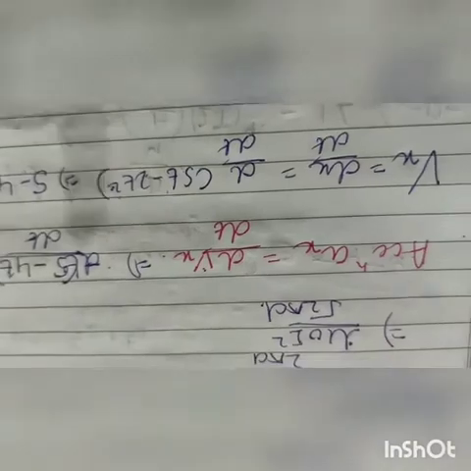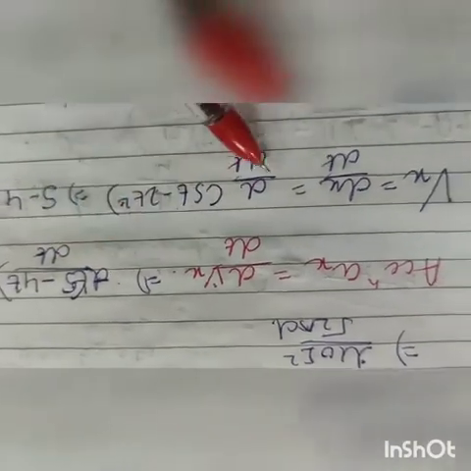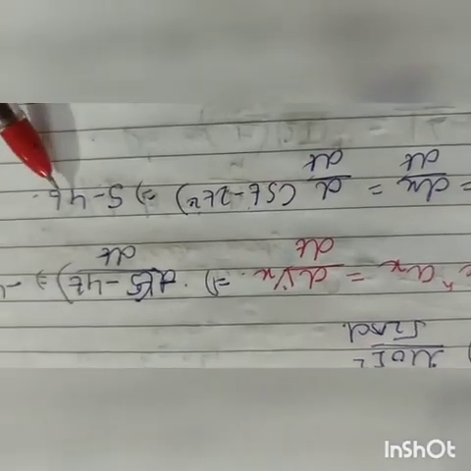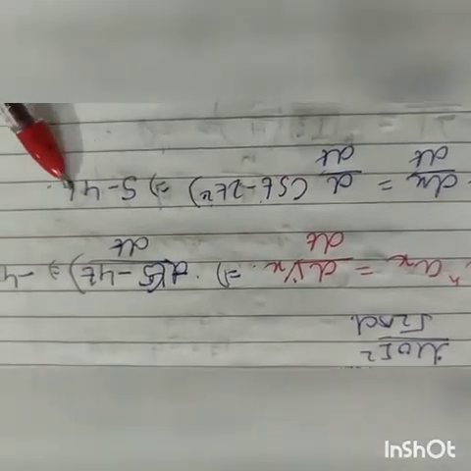Now question number 32. The x and y coordinates of a particle at any time are x = 5t − 2t² and y = 10t respectively, with x and y in meters and t in seconds. The acceleration of the particle at t seconds is? So here acceleration for x is dvx by dt, where vx is equal to dx by dt. So we will differentiate it, and it comes out to be 5 − 4t.